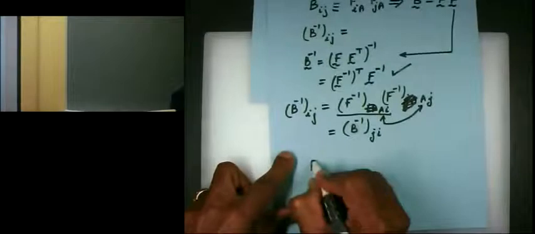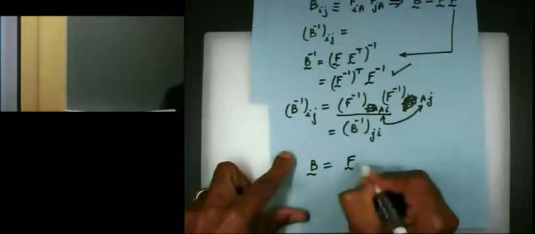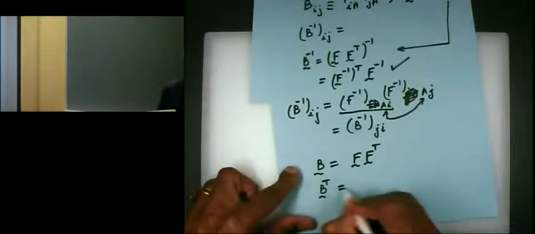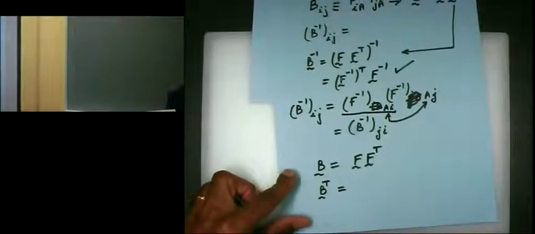So, okay, let me go here again. So B is F F transpose. That's the way we define it. So what is B transpose? B transpose is F